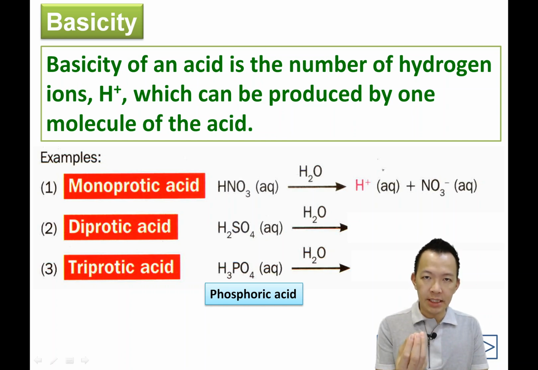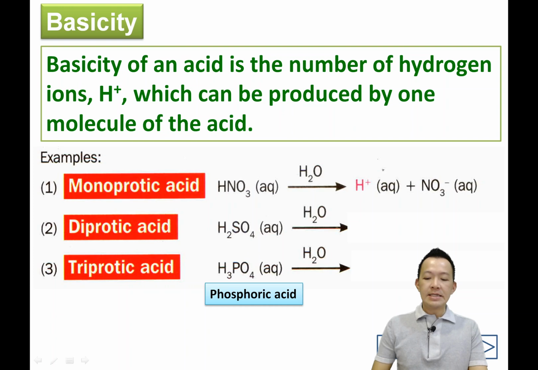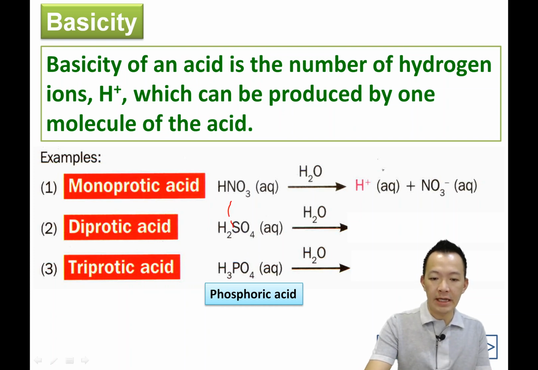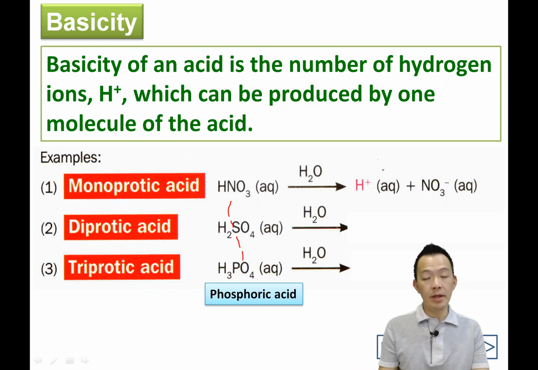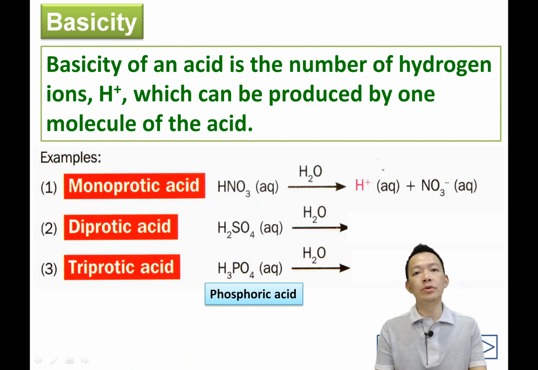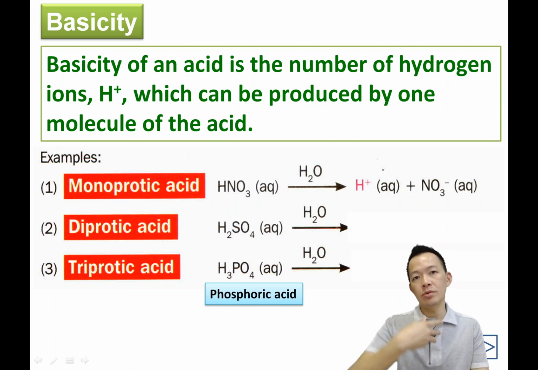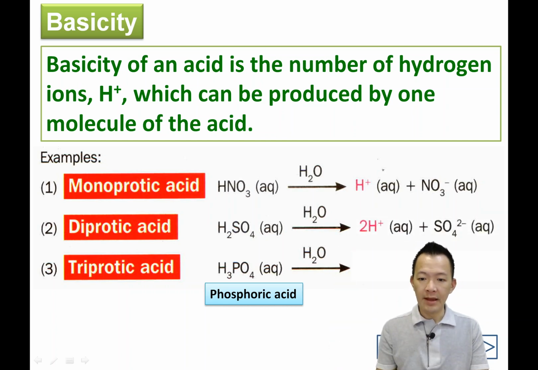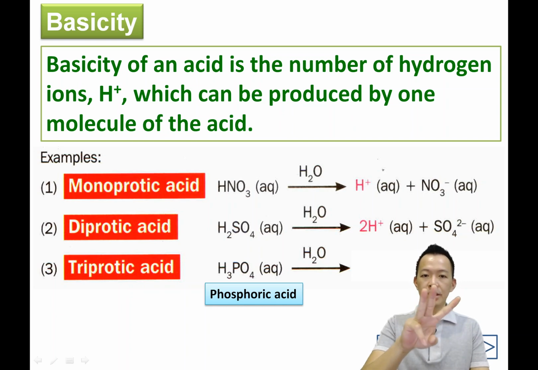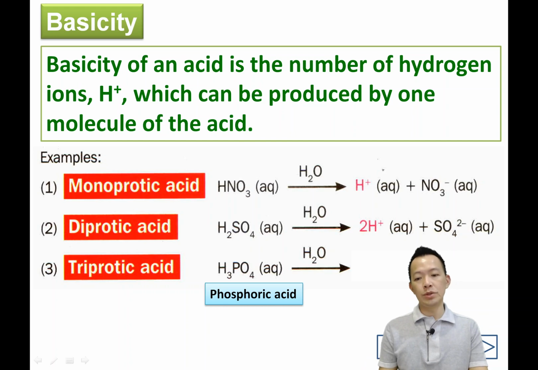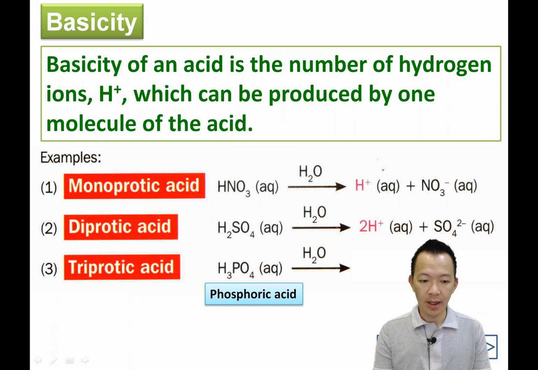What's meant by diprotic? 什么叫 diprotic acids? Okay, sulfuric acid, for example, when the sulfuric acid is added into the water, 被丢进水里面 it's going to dissociate into the water. But when it dissociates into the water, it's going to produce 2 hydrogen ions. Okay, 2粒的 hydrogen ion and produce 1 sulfate ion. But the sulfate we don't care 啦，那个不要管它，没有用的。Okay, so diprotic, 什么叫 diprotic? One acid molecule, when dissociate into the water, it's going to produce 2 hydrogen ions. 它就会产生2粒的 hydrogen 离子。